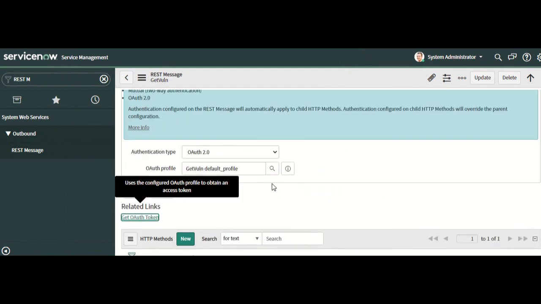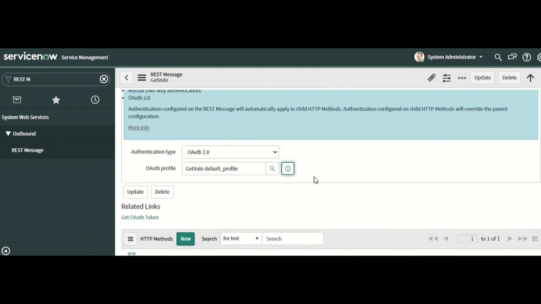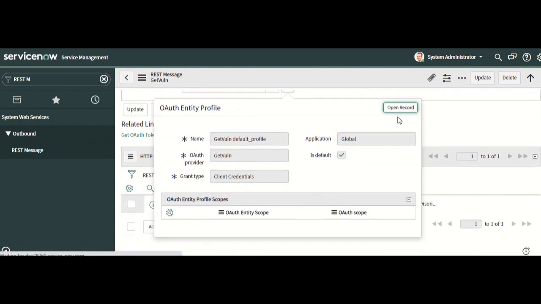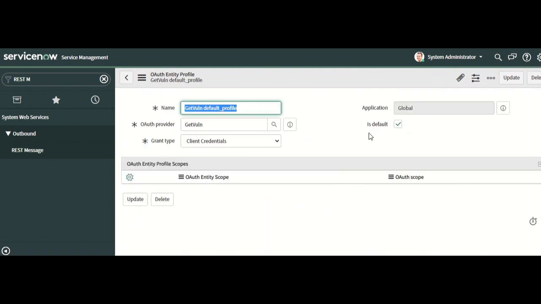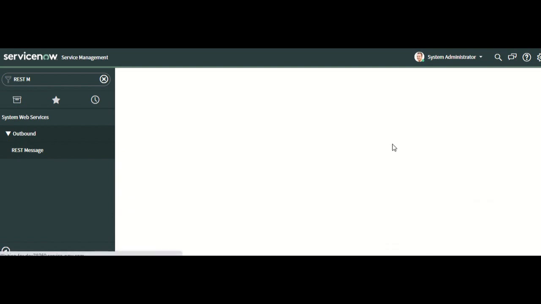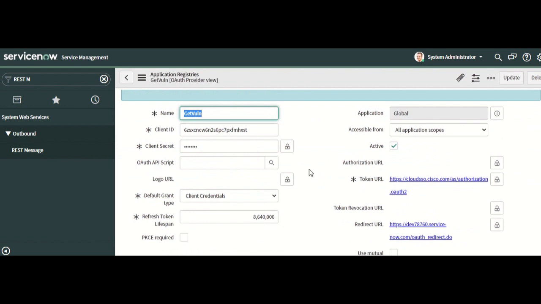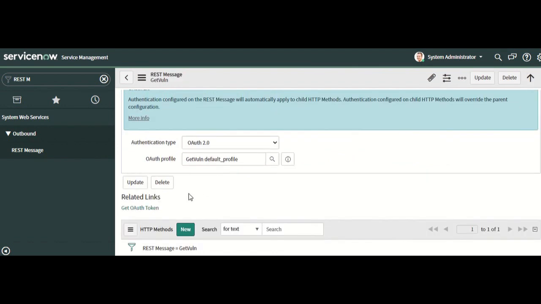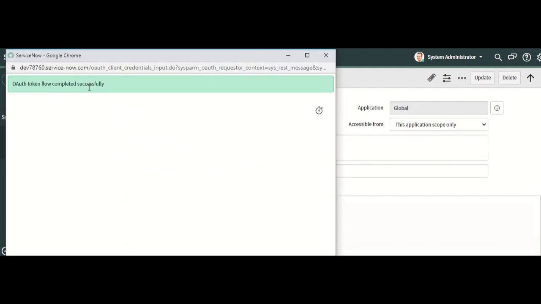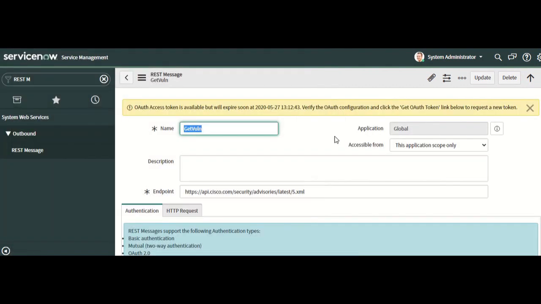Let's navigate to that and open the record. There was a small change in the URL. So we have updated the correct URL, and we have retrieved the authentication token successfully.